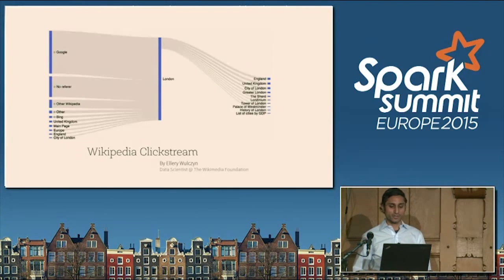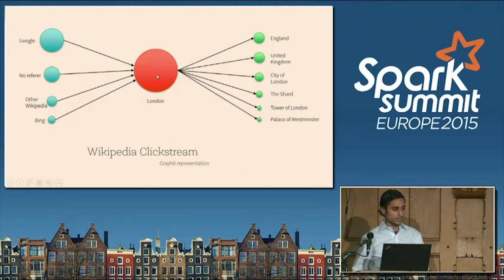Remember we looked at it like this before? Refer resource. But what if we instead looked at it from a graph perspective, where instead of saying Google is going to be seen like that, what if we said the fact that Google sent a lot of traffic to London means Google should be a larger bubble than the other Wikipedia article. So now we're saying Google referred people to the London article. And then from there onward, people went to either England or UK or City of London. Okay, so to get this started,